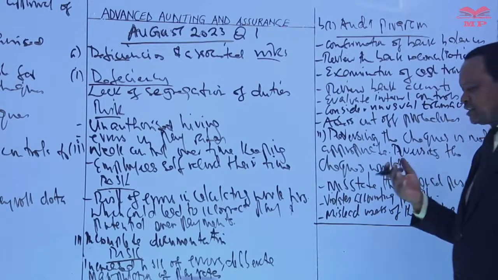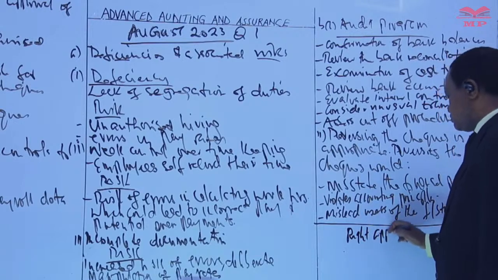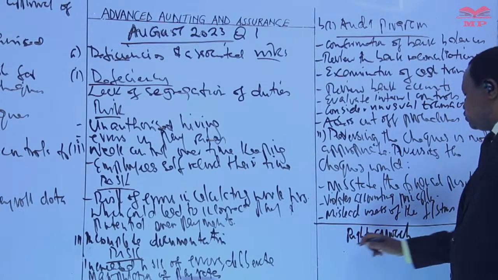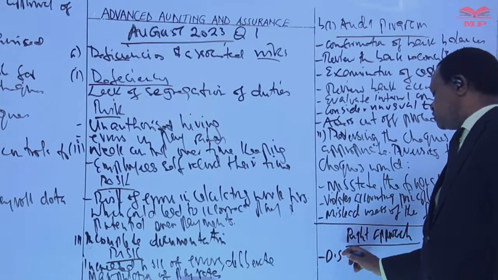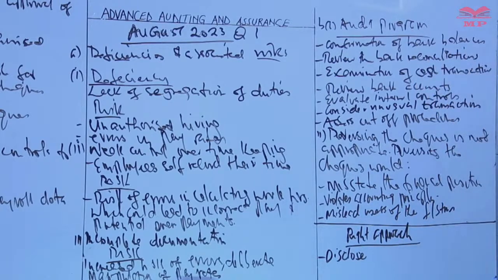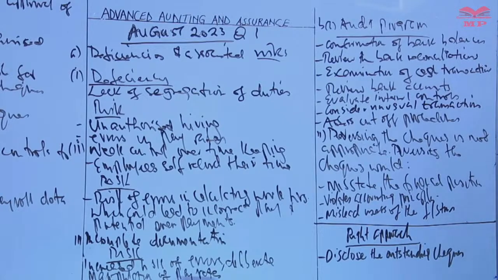Now, if you are to be asked the right approach, what would be the right approach? What should the company do? Disclose, candidates. The company should just disclose. What should be disclosed here? Disclose the outstanding checks. The company should disclose the outstanding checks. It should disclose the existence of the outstanding checks in the notes to the financial statements,